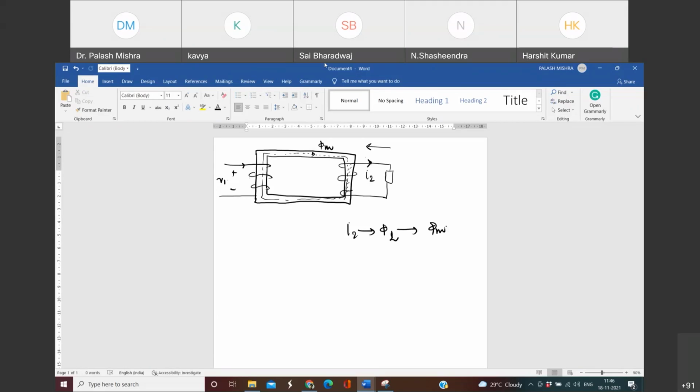And this is given by Fleming's right hand thumb rule. Right hand curl rule, thumb rule, I don't know what people call it. But what you have to do is place your right hand thumb in the direction of current. And the direction in which all your fingers curl will give you the direction of flux. So if the direction of current is in such a direction here, you place your thumb in this direction and curl your fingers. You see that the flux, that is the direction in which the fingers are curling, is the upward direction. Therefore, the opposing flux will flow in the upward direction.